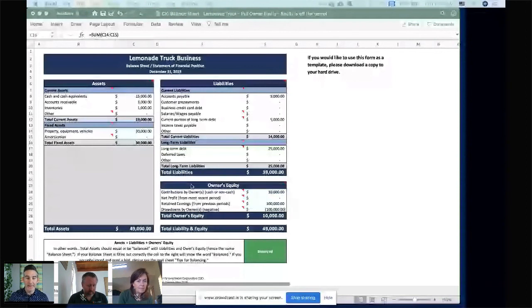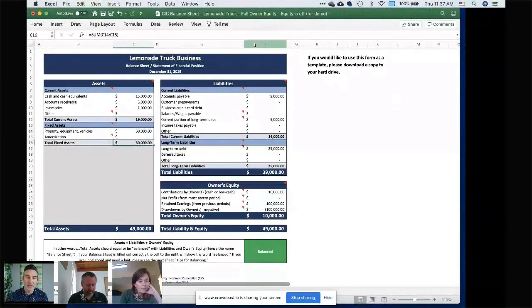Okay, so Melissa, let's say I'm using the same lemonade stand as the example. Let's say you're coming to do your balance sheet, and you've just done your profit and loss statement. And so you need to add the profit from your most recent year into this section, the net profit. So let's just say, for example, that your net profit would have been $10,000, but you went ahead and added a line of $1,000 expense of depreciation on whatever the piece of equipment or vehicle might be. So instead of $10,000, your net profit is actually now $9,000.